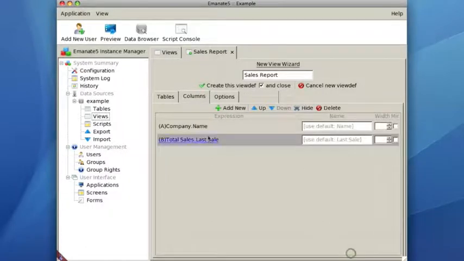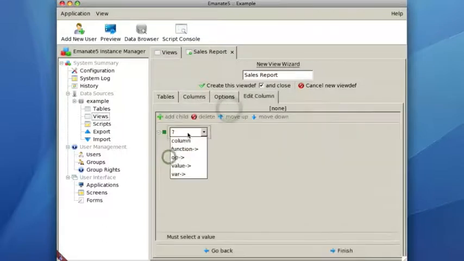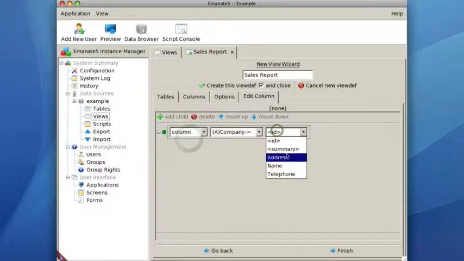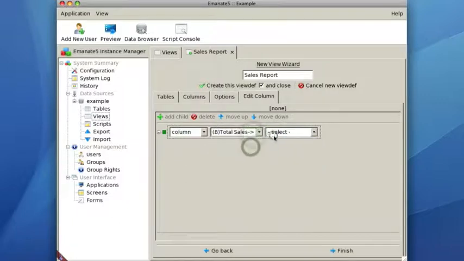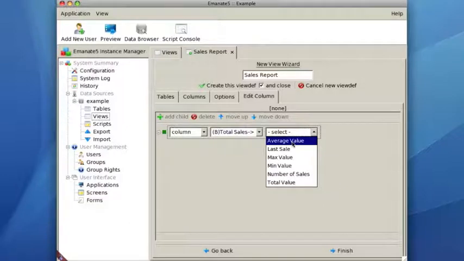Okay, note in the column on the right hand side that I was just scrolling up and down, you've got all the options that we designed in the last aspect of the table definition for the sales report,